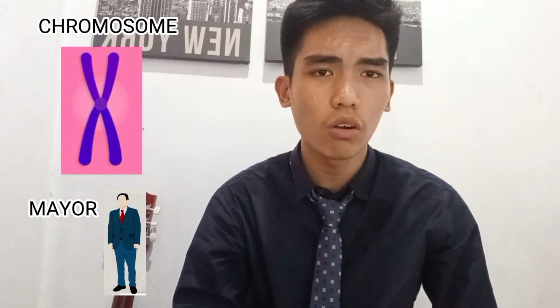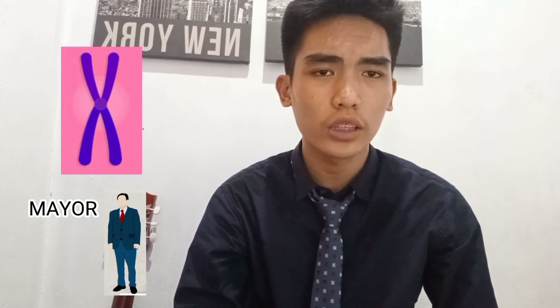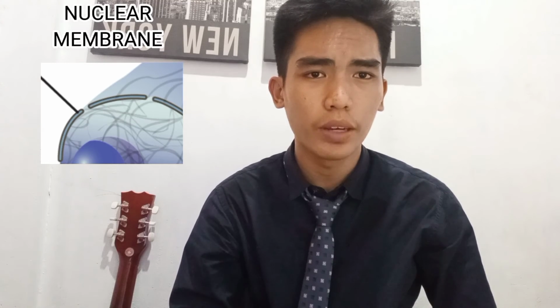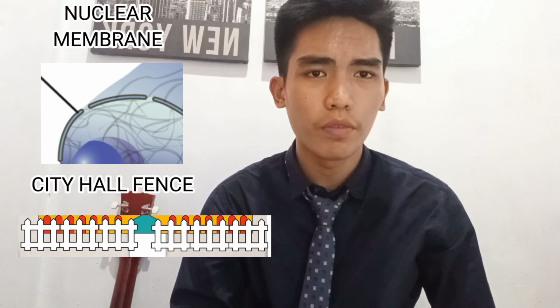The mayor represents the chromosome, because the chromosome directs all the activities inside of the cell and helps the cell's growth, reproduction, and survival. The nuclear membrane is represented by the city hall fence, because the nuclear membrane provides protection